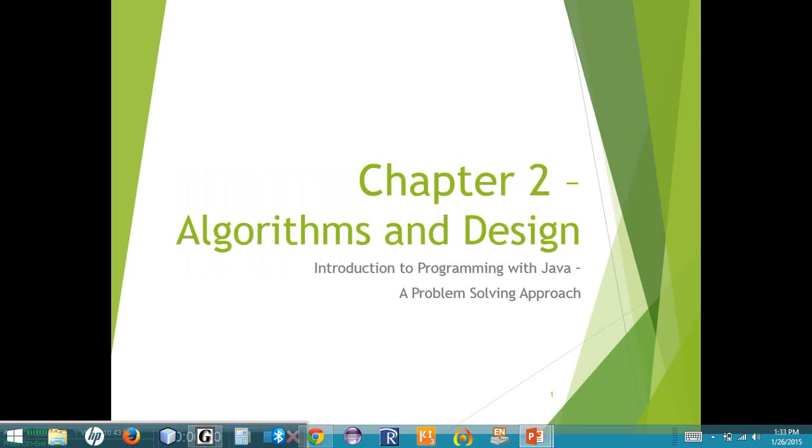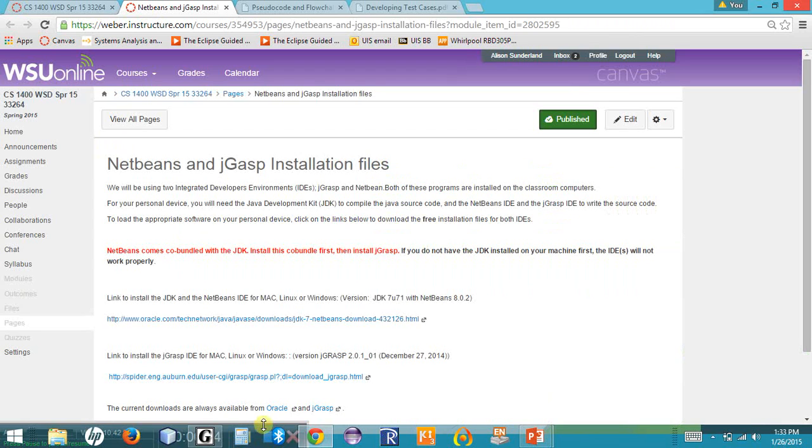So if you open up your Canvas course, there is a link that will tell you about the 2 software programs that we're going to be using in our class. The first one is called JGrasp, and the second one is called NetBeans. And in order to use either one of these software programs, also called Integrated Development Environments, or IDEs, you're going to need some software on your machine that will allow